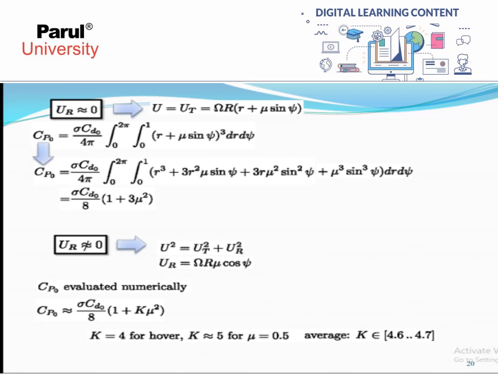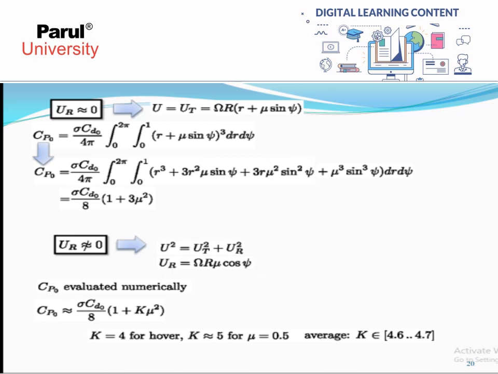If Ur is approximately equal to 0, then U equals Ut equals omega R in bracket r plus mu sin psi, and Cp naught equals sigma Cd naught by 4 pi, integration 0 to 2 pi, integration 0 to 1, (r plus mu sin psi) whole cube, into dr into d psi. Then Cp naught equals sigma Cd naught by 4 pi, integration 0 to 2 pi, integration 0 to 1, r cube plus 3 r square mu sin psi plus 3 r mu square sin square psi plus mu cube sin cube psi, into dr into d psi. Then it equals sigma Cd naught by 8, in bracket 1 plus 3 mu square, only if Ur is equal to 0. This is the equation for Cp naught,